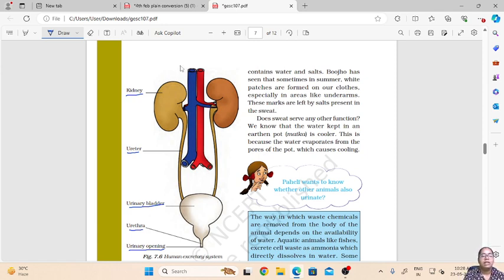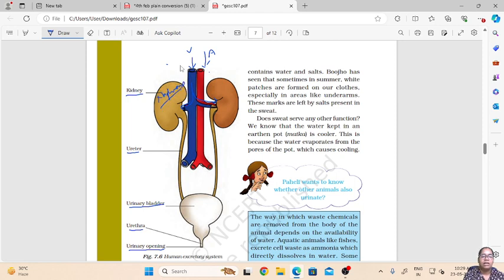So the kidneys are extensively supplied with blood vessels. This is the vein and this is the artery. So veins will bring what? The waste deoxygenated blood containing all the other waste into the kidney. Okay, so inside the kidney there are